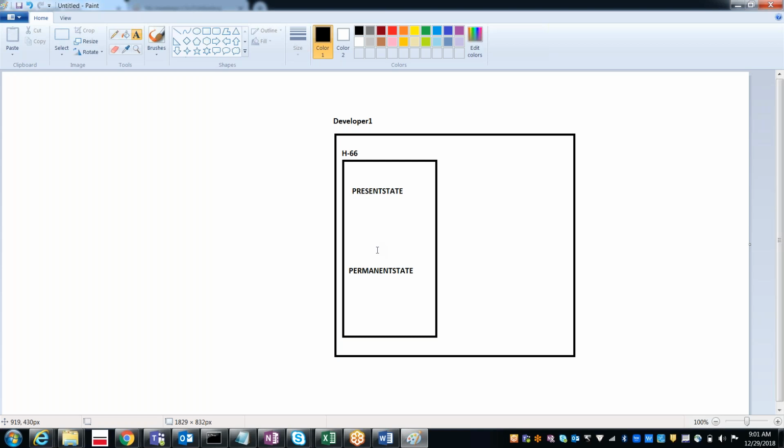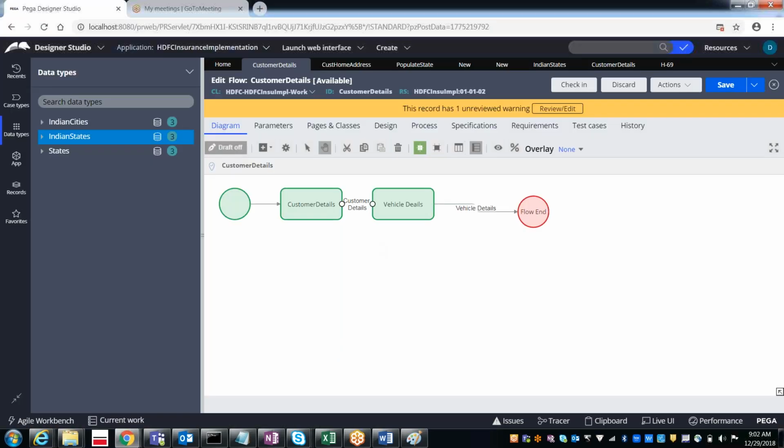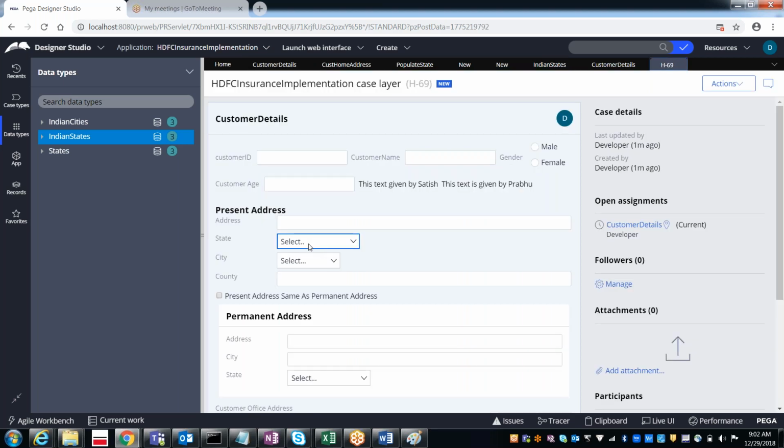But for the same drop down, is it required to hit the server 2 times? No, right? So it is a waste of time, server memory and everything. Same values here also, same values here also. In that case, it is not required to hit the server 2 times. Only 1 time you can hit the server.